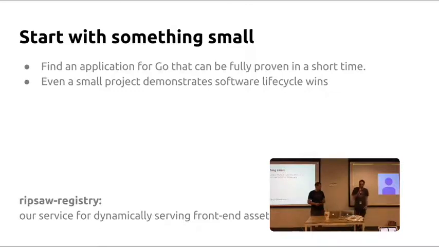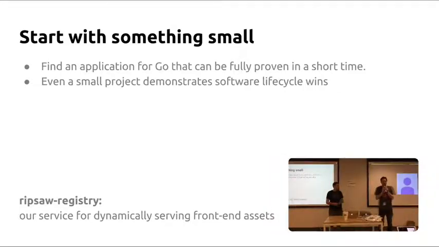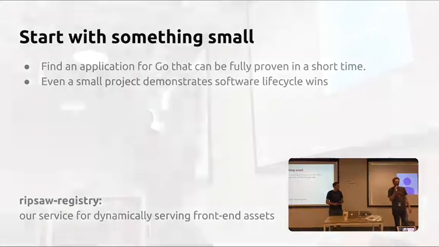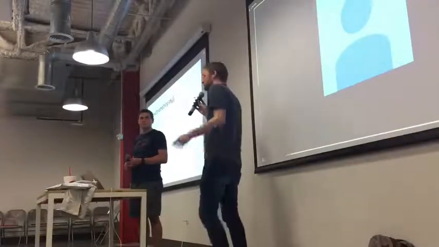The second thing to do is start with something small, like at work. Find a problem that you have at work for which Go would be a good solution, and do it. If you can get your manager's approval or get buy-off from your company, then that's great. But it doesn't really matter. Pick something you can do in a couple of days or a few hours and just do it.